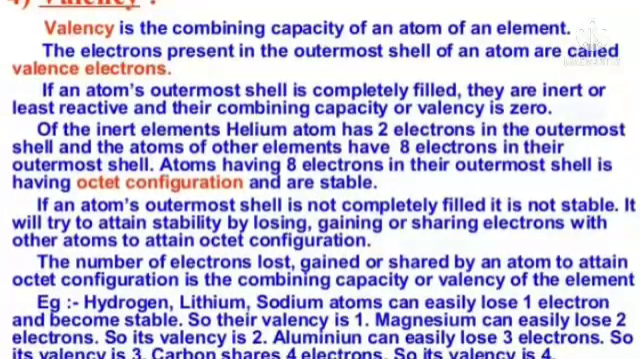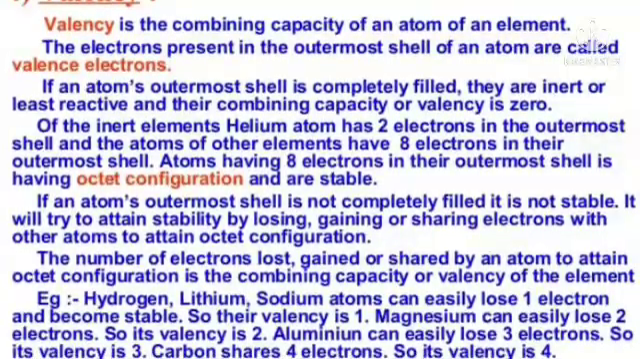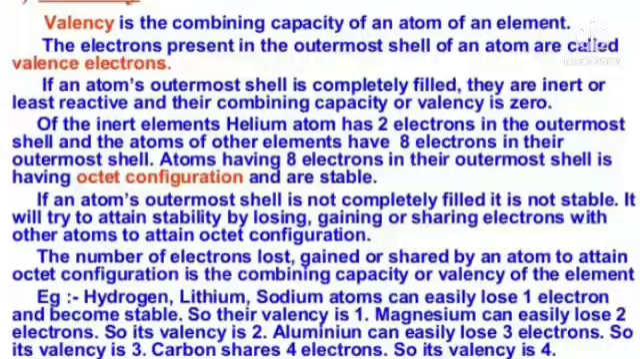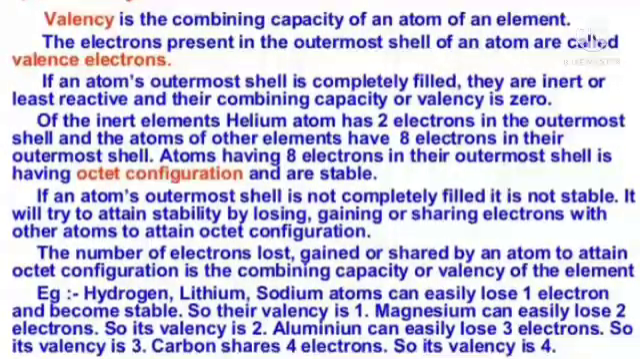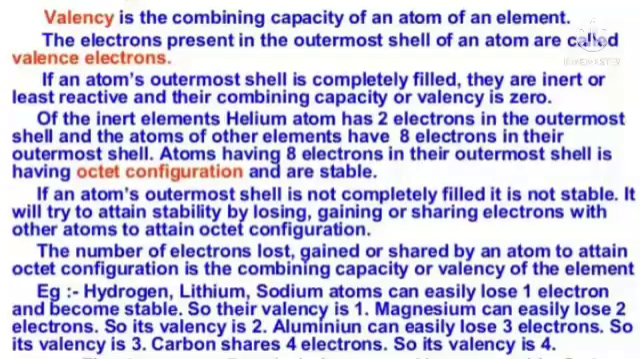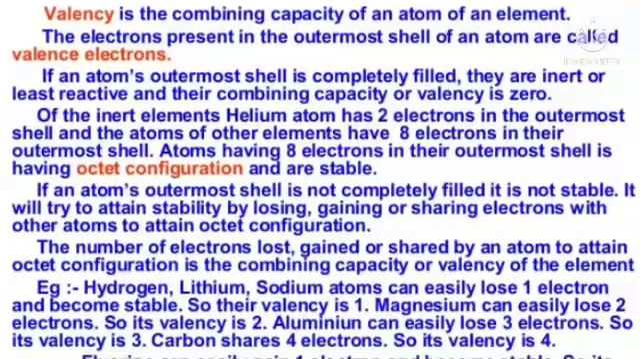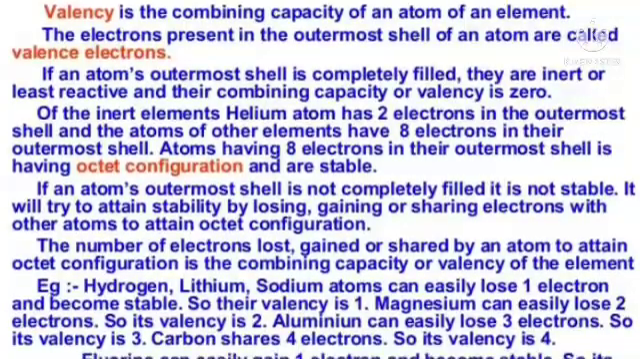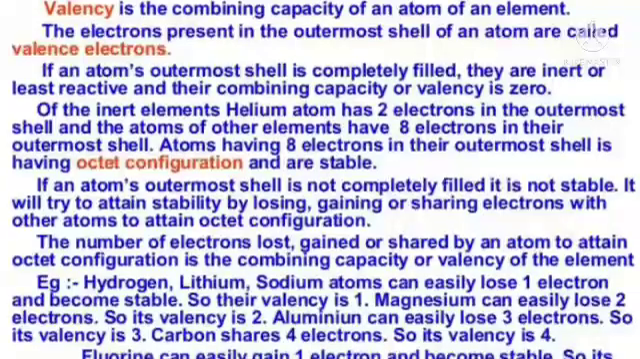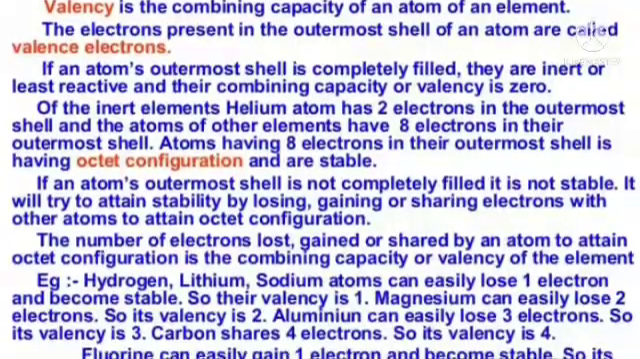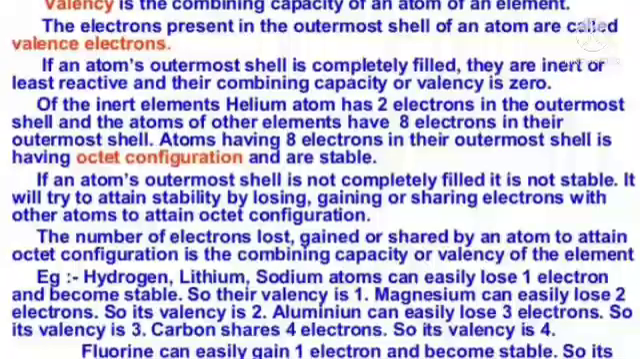Atoms having 8 electrons in the outermost shell have octet configuration and are stable. If an atom's outermost shell is not completely filled, it is not stable. It will try to attain stability by losing, gaining, or sharing electrons with other atoms to attain octet configuration. The number of electrons lost, gained, or shared by any atom to attain octet configuration is the combining capacity or